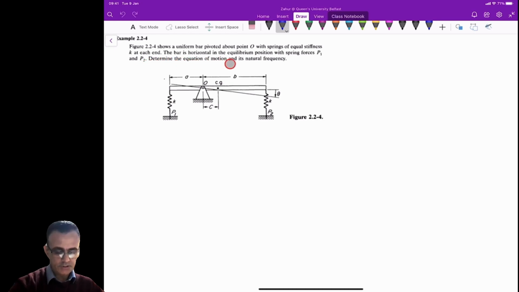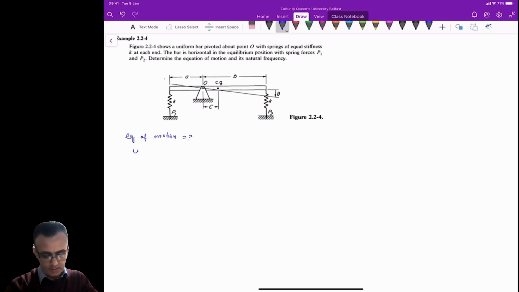Now determine the equation of motion and its natural frequency. So you need to calculate the equation of motion, and natural frequency, which is omega n. So you need to calculate these two things in this case. Okay, so